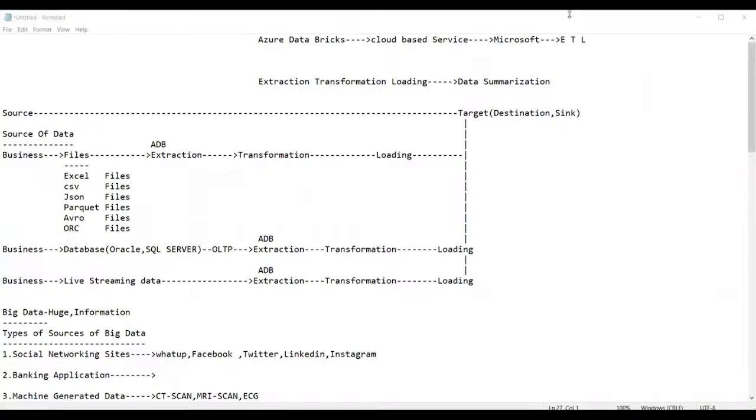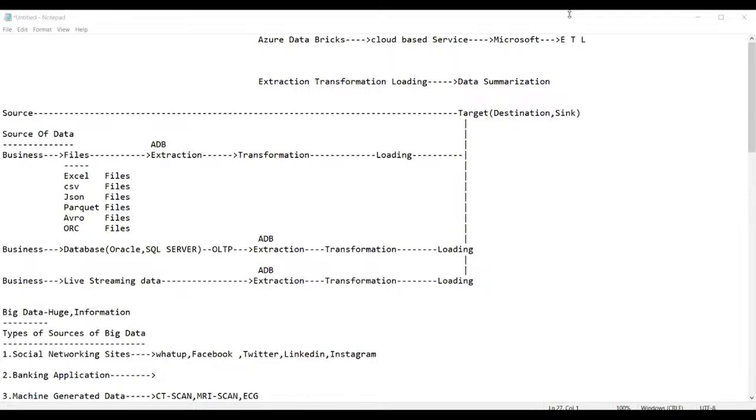If not, I will explain it, and you have to put in your effort, because this is a purely technical job. If you don't want that amount of coding, simply go with ADF rather than ADB.